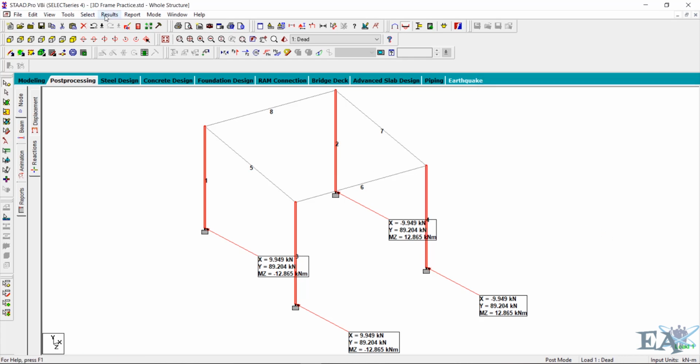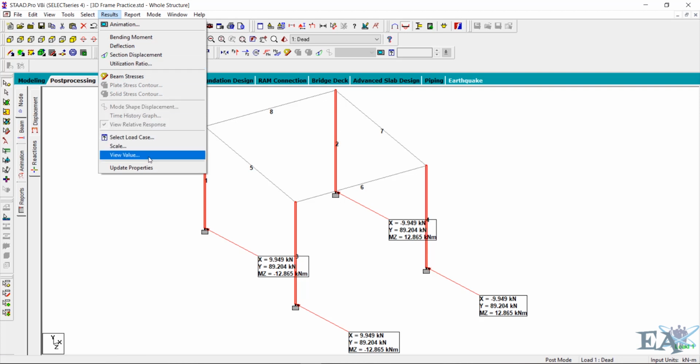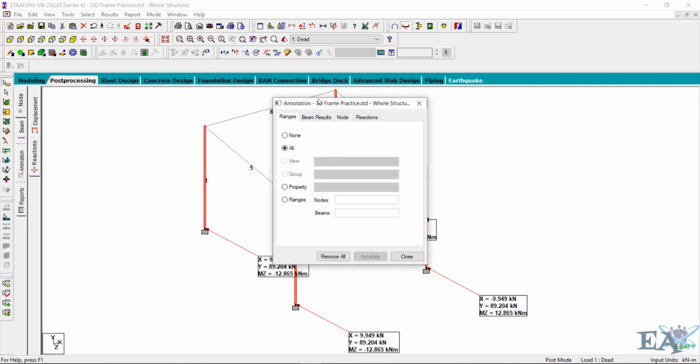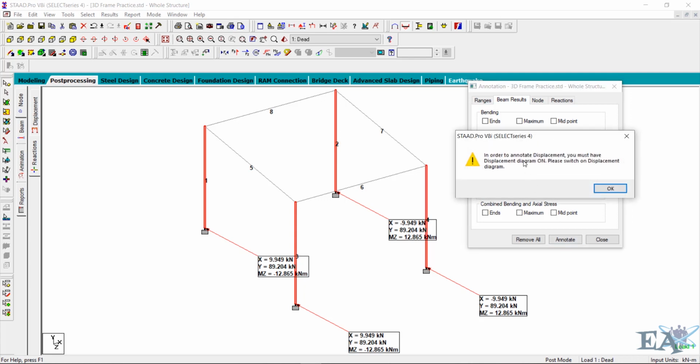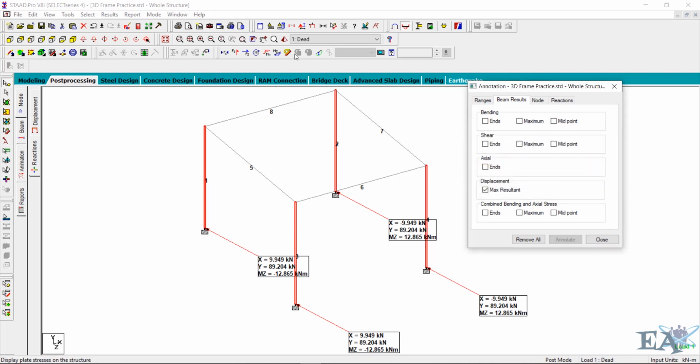Again, go to results, click on view value and click on beam results. Let us see the displacement first. Click on maximum results and click on annotate. In order to annotate displacement, you must have displacement diagram on. Please switch on the displacement diagram. So we have to switch on the displacement diagram. Click on OK. For that,